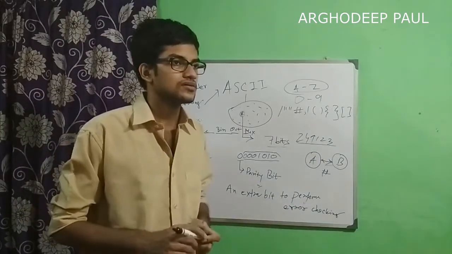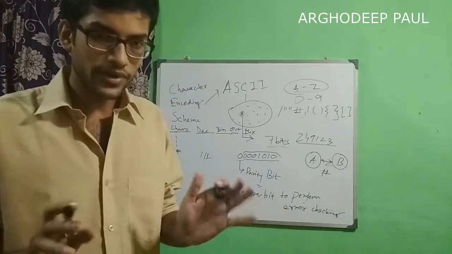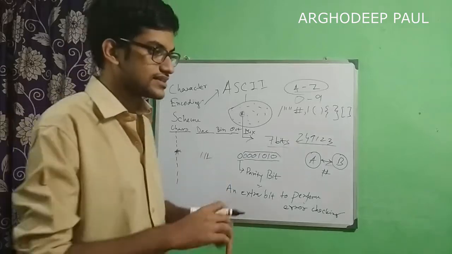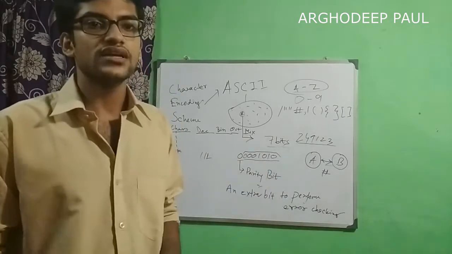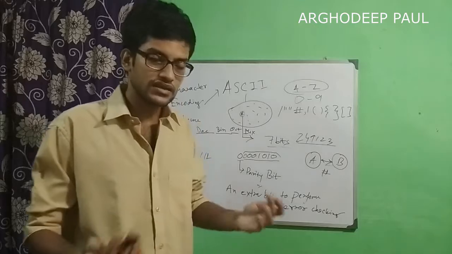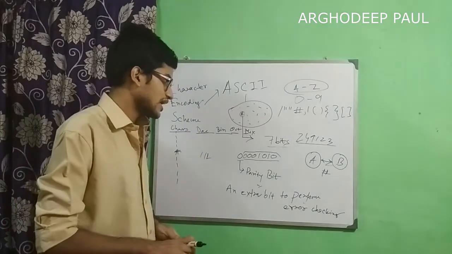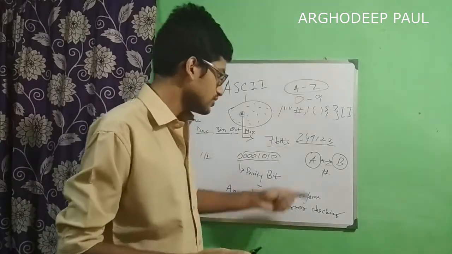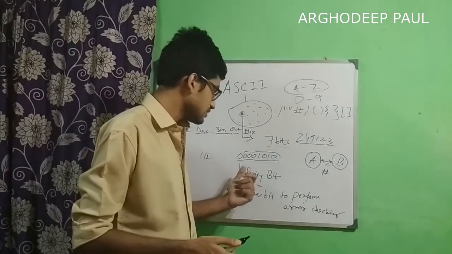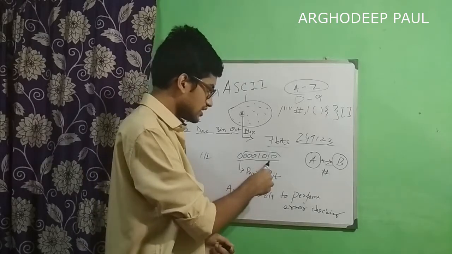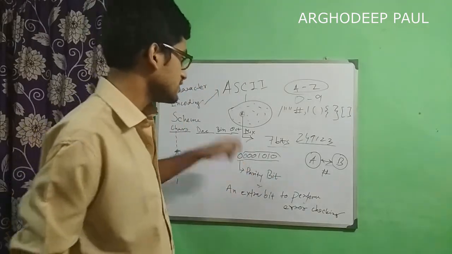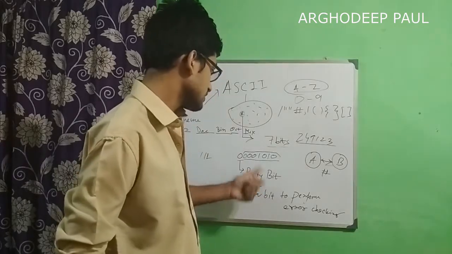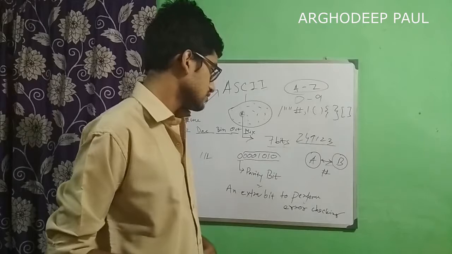So it's the responsibility of the operating system to do these conversions, either making use of ASCII or some other kind of encoding scheme like UTF-8 or UTF-16. At the end of the process, if it is ASCII, we will get 0001010, and finally one parity bit at the leftmost side. The leftmost side contains the parity bit, which is an extra bit.